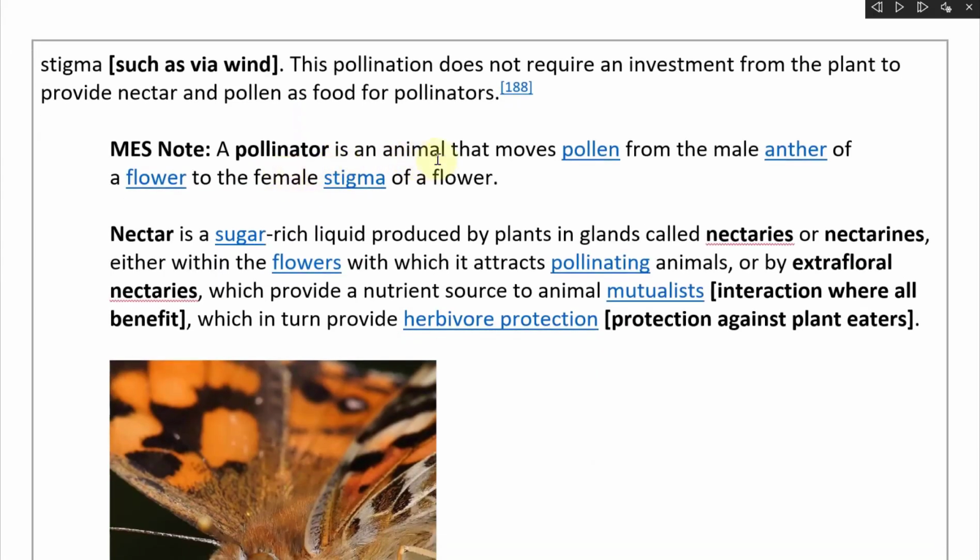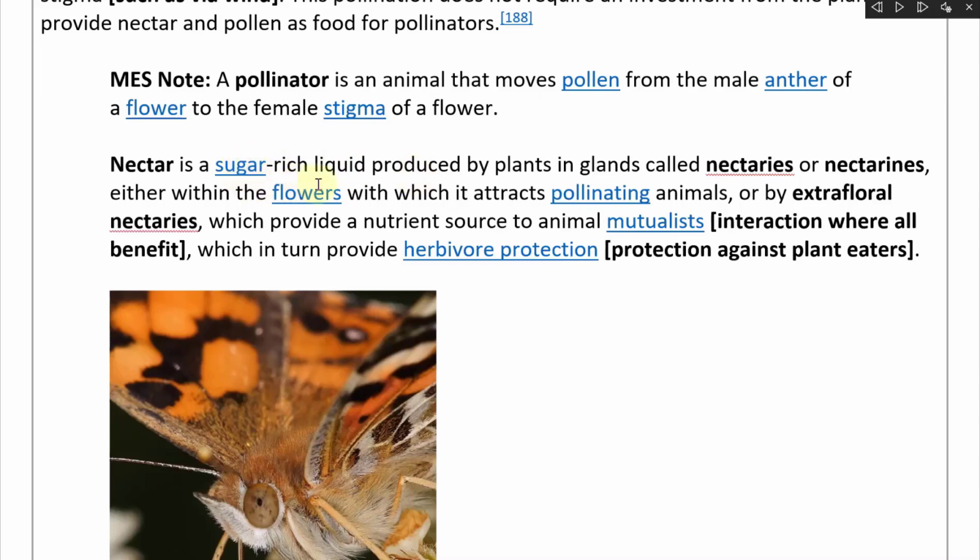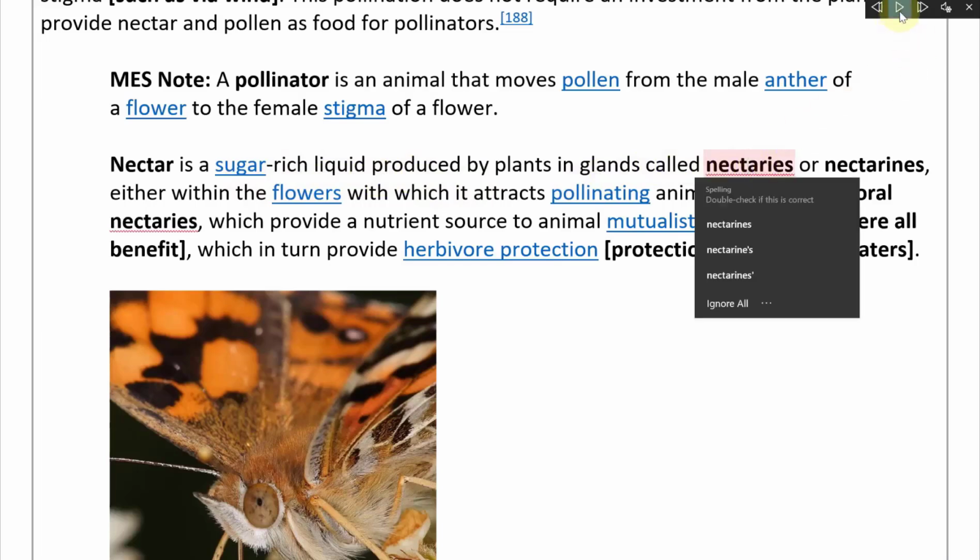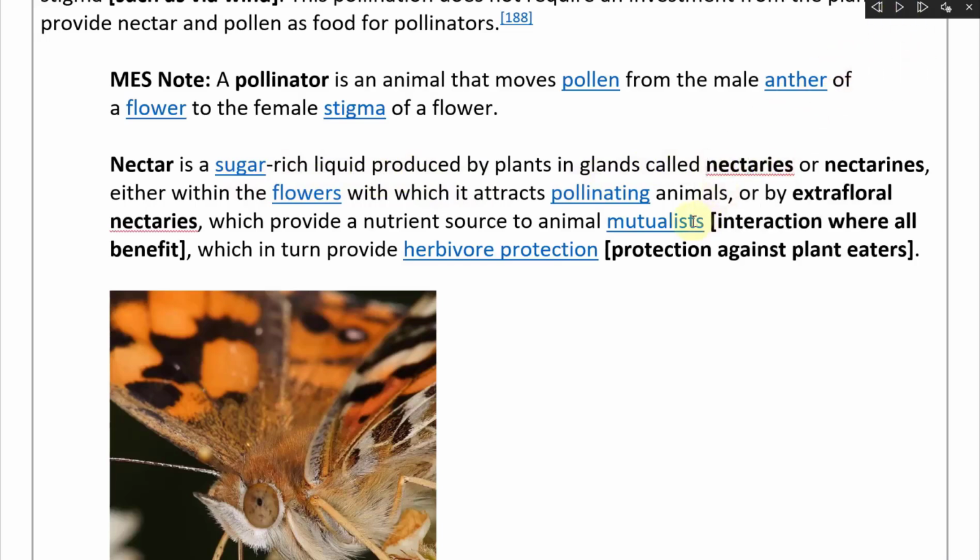I mean, note, a pollinator is an animal that moves pollen from the male anther of a flower to the female stigma of a flower. And nectar is a sugar-rich liquid produced by plants in glands called nectaries, or nectarines, either within the flowers with which it attracts pollinating animals, or by extrafloral